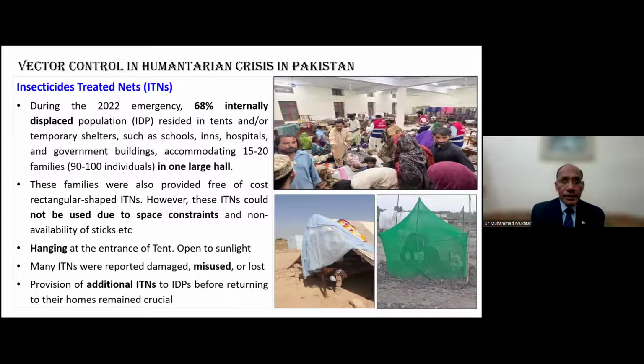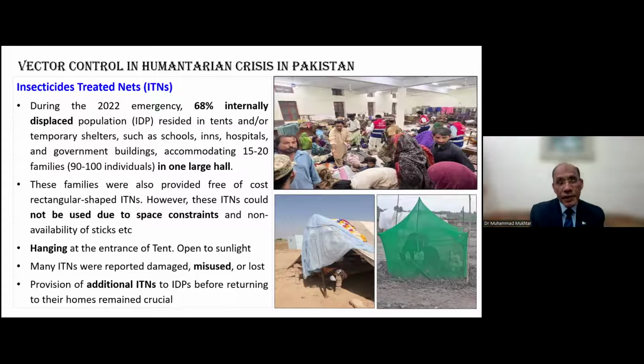free of cost ITNs by the program through our donors, and we are extremely thankful to our donor, the Global Fund, who provided us a huge number of mosquito nets during this emergency. Not only the Global Fund, but also other partners like UNICEF and WHO were playing a wonderful role in dealing with this situation. But